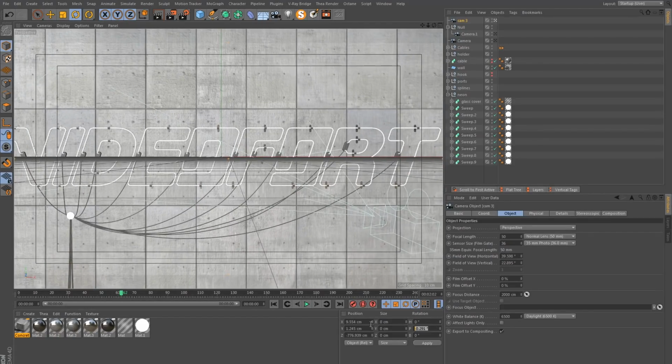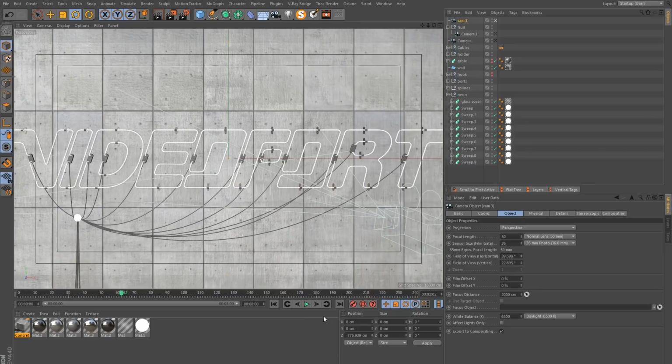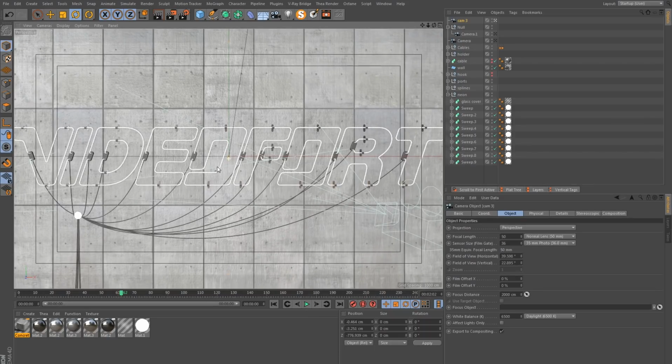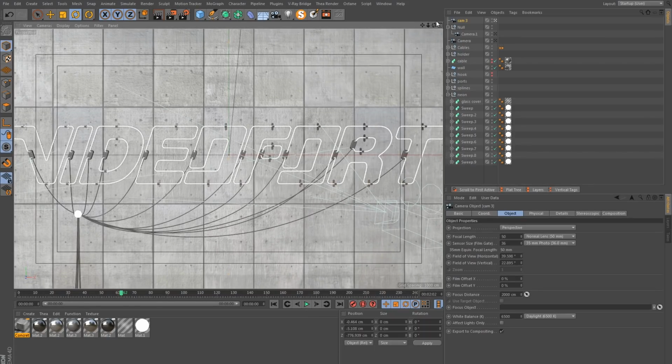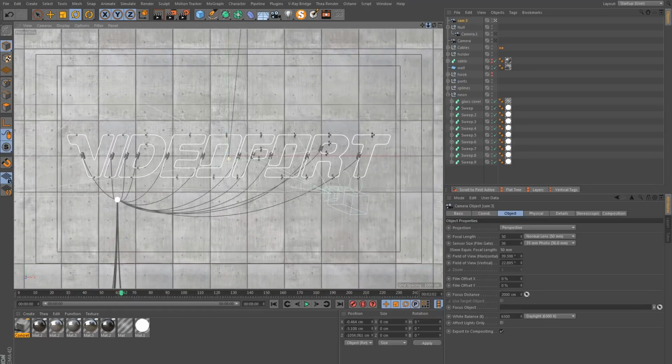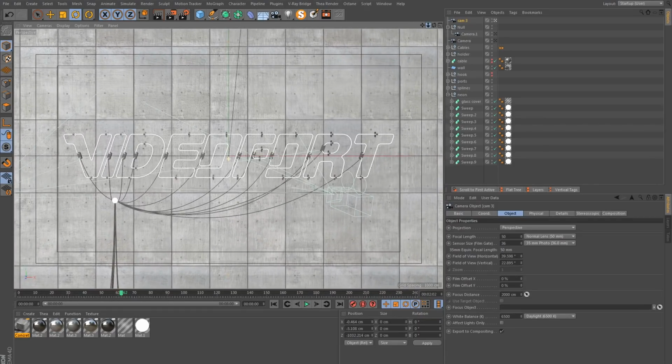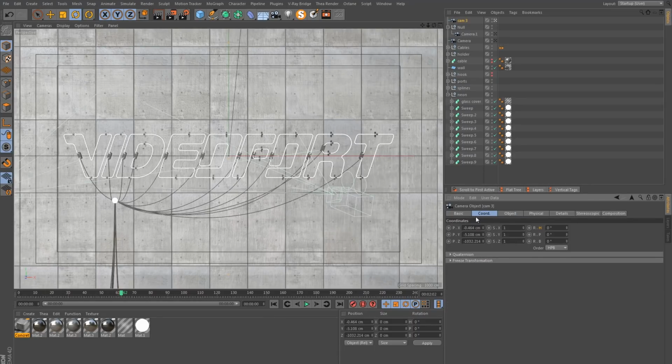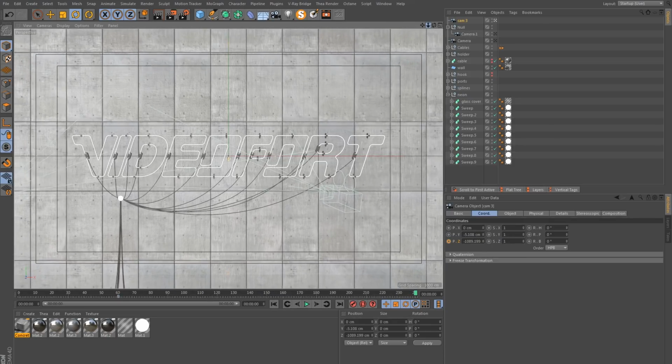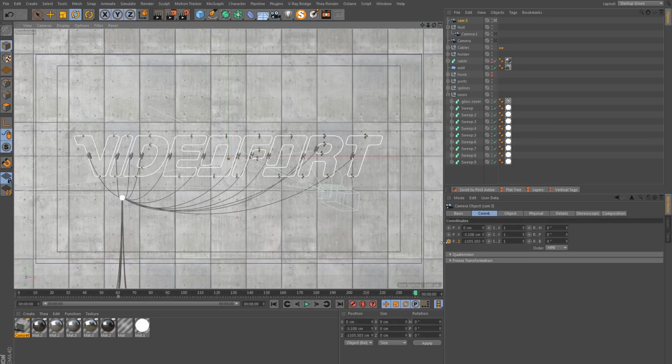So zero out the rotation, and then X and Y position, maybe just go up slightly in Y. But we want to start about here, and we're going to just be moving backwards. So if I go to frame 60, set a keyframe, go to the end, and just slowly zoom out to about here. So nothing too quick.